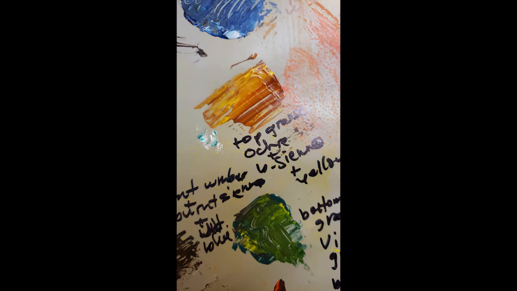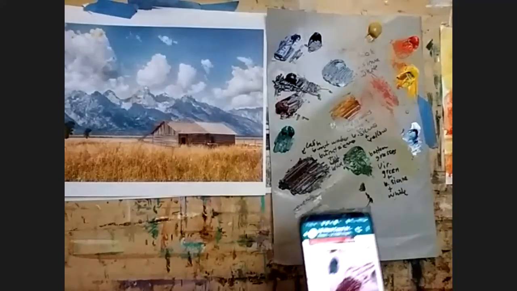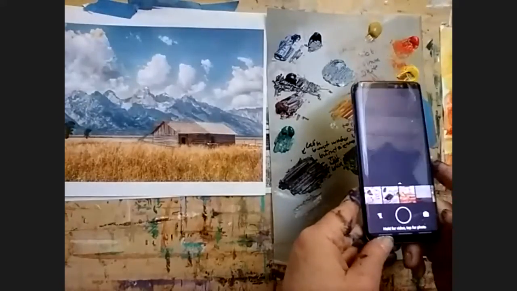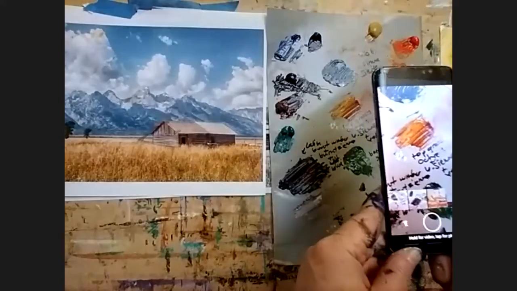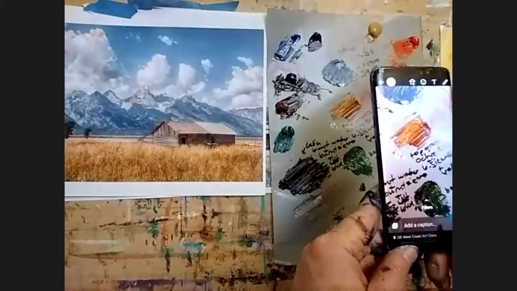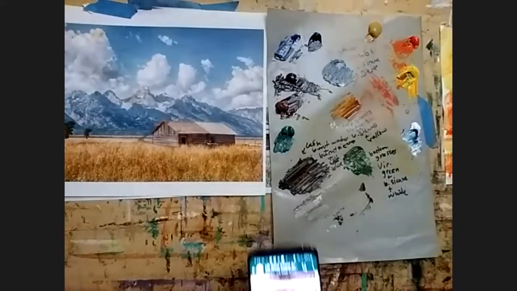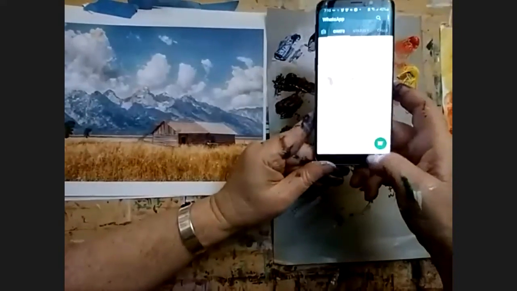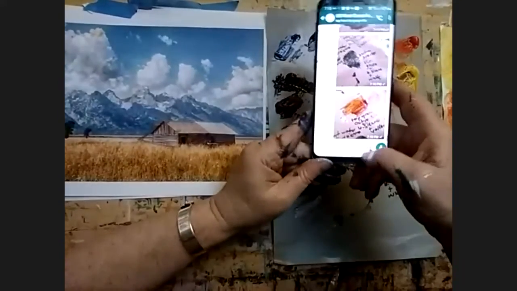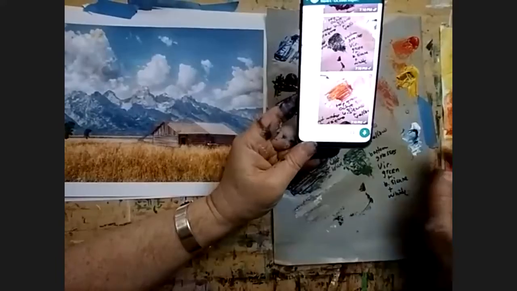And then. And then the mountains. So you can spend a little time while we're waiting for our paintings to dry,